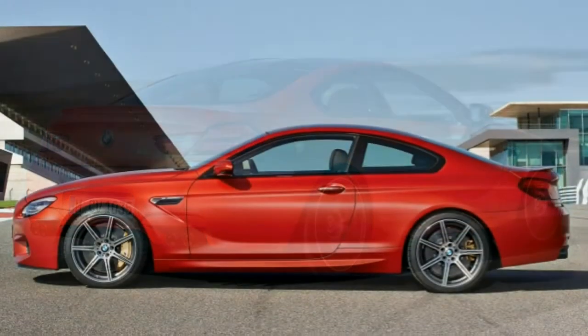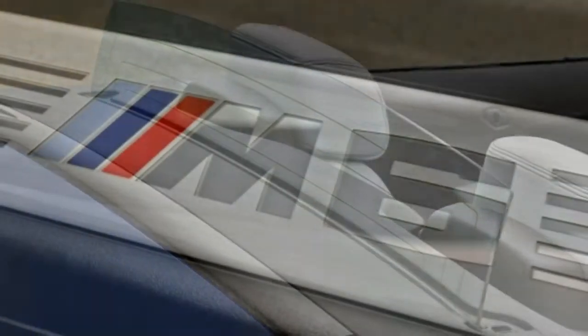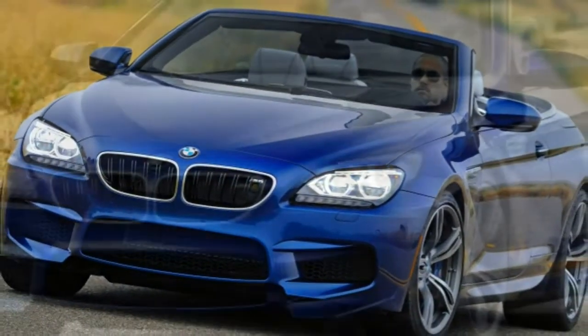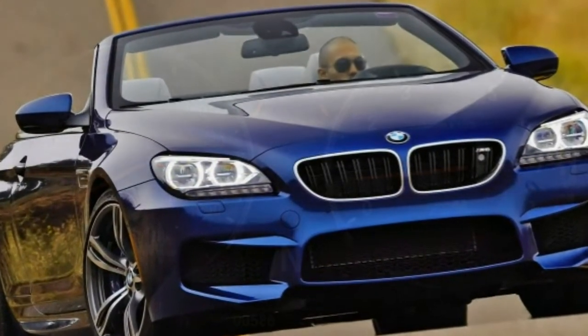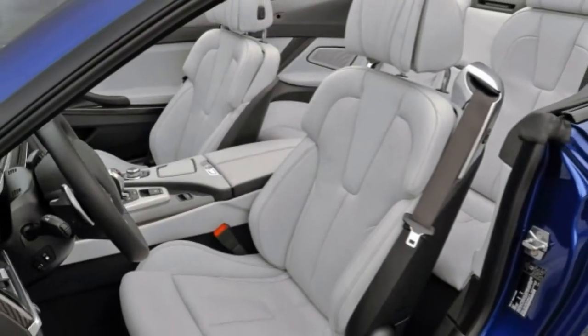If you're set on shopping in the M6 price range, there are a few other attractive options. The 2017 Porsche 911 receives a new turbocharged 6-cylinder engine and is lighter and more sport-focused, though its rear seats are even less accommodating than the BMW's. If you're someone who likes convertibles, the Mercedes-Benz SL63 AMG benefits from a retractable hardtop, offering cleaner looks and more security than the M6 convertible's cloth top. However, it isn't quite as sporty as the M6 at this level, and it's a big price jump to get